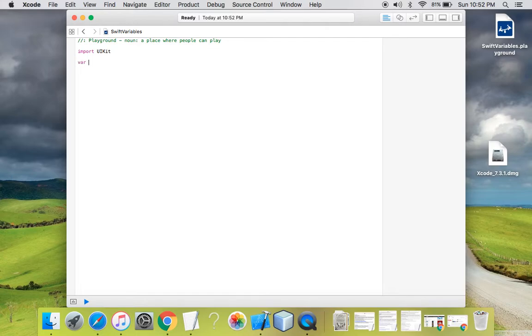In Swift, variables are declared using the var statement. Variables are constructed with the var statement, similar to JavaScript, and they are not strongly typed. Now, what is meant by strongly typed? I'll explain it to you. Let's initially declare a variable and assign a value to it. As I have discussed, variables are declared in Swift using the var statement. So initially there will be a var keyword and then the name of my variable. Currently I'll put the name of my variable as name and assign it a value of